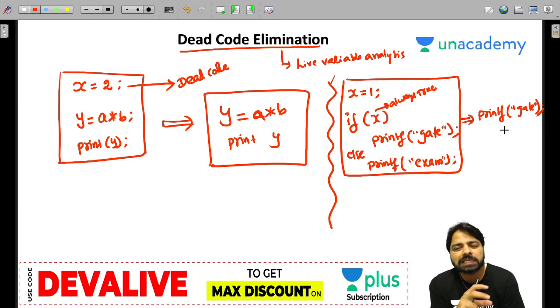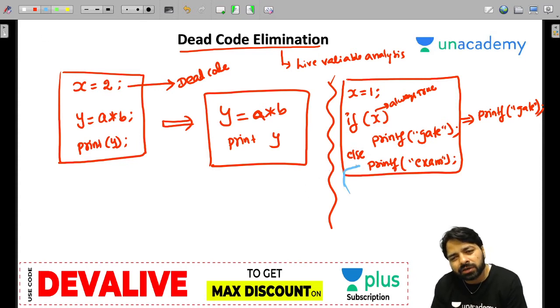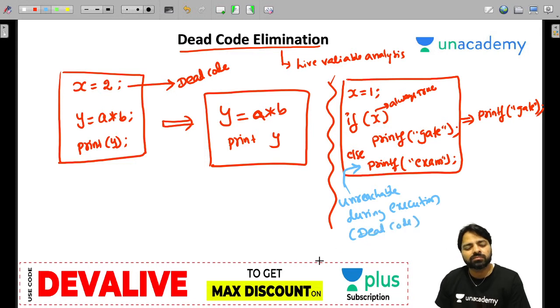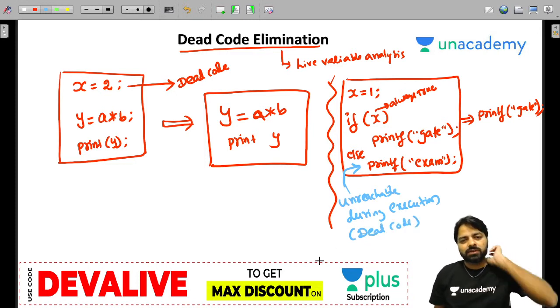Dead code here, the else part will never be executed. So this part is called dead code. This part is unreachable. The else part is an unreachable statement. During execution, it's impossible to go there. It is also dead code. Clear everybody?